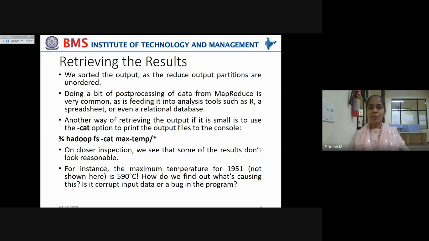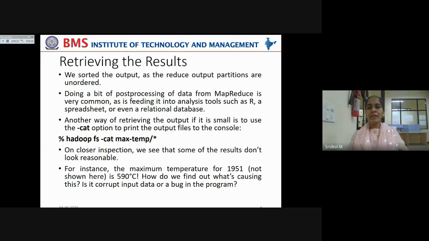Now we sorted the output as the reduce output partitions are unordered, as I said. And doing a bit of post-processing of data from MapReduce is very common, as is feeding it into analysis tools such as R, a spreadsheet, or even a relational database. So when you get the reduce outputs, you can use any of these tools in order to sort the data or perform some post-processing of the reduce outputs that are merged into a particular file on your local system.